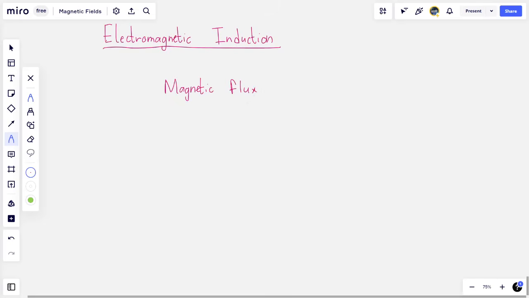Now flux, at least in physics, is simply the amount of something passing through something else, passing through a region or an area. And we give it this Greek symbol phi, the Greek letter phi, which is the flux density B multiplied by the area. What does this mean? That means if I have a region, maybe a plane, and the plane has an area, a surface area A, and I have the field lines pointing